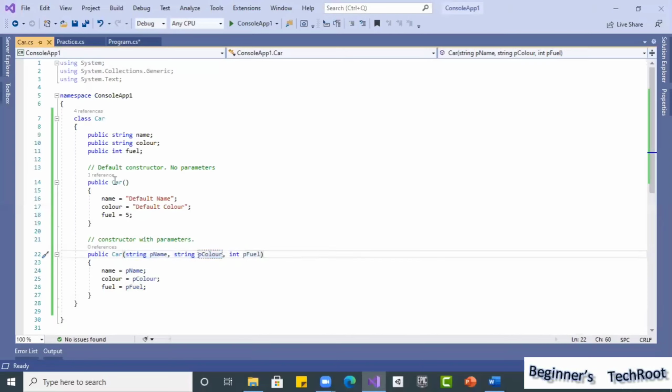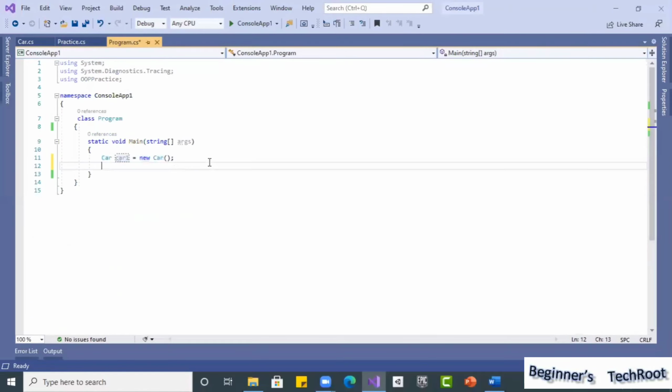So this is the method overloading I have used here. Constructor overloading I have used here. Later on we will discuss method overloading also with more examples. But as we introduced it here, I just briefed you about method overloading, and the same way we have used it for constructor overloading.